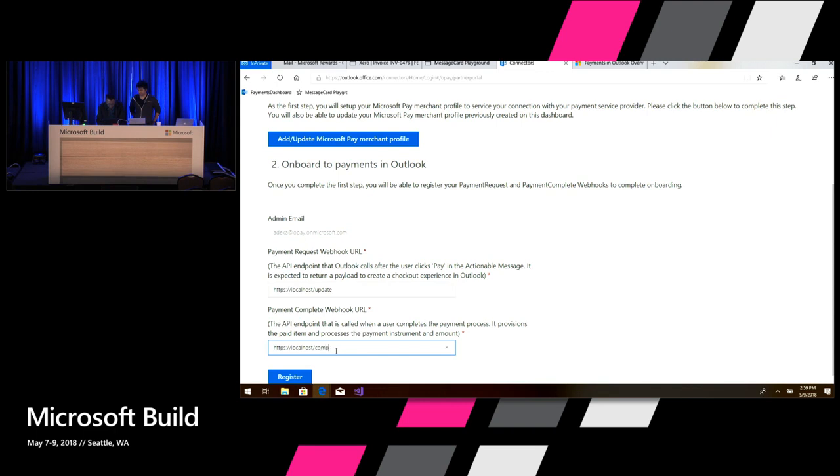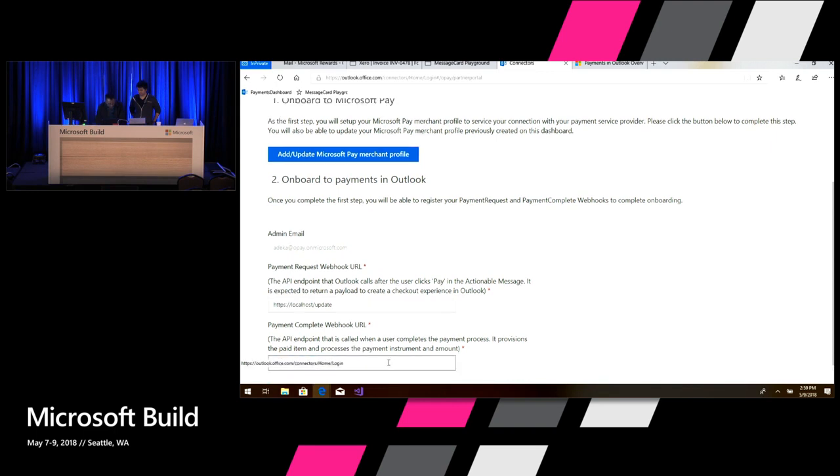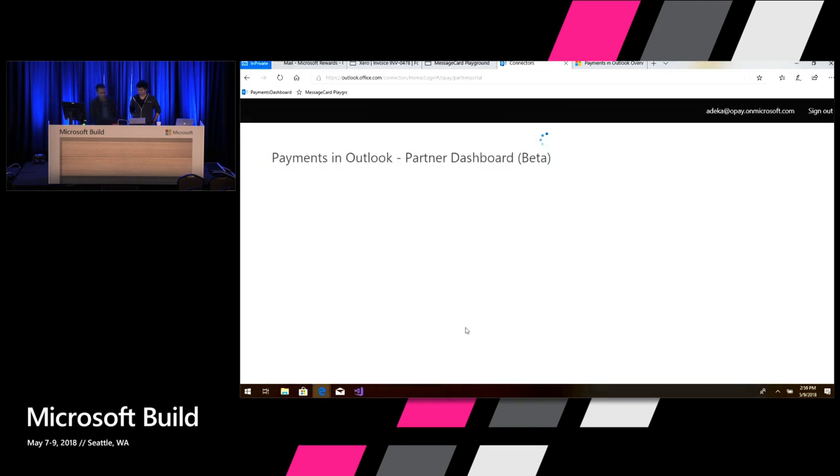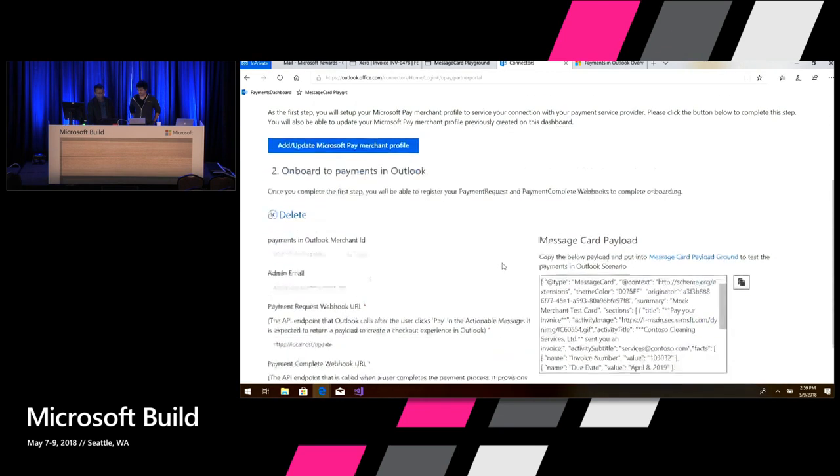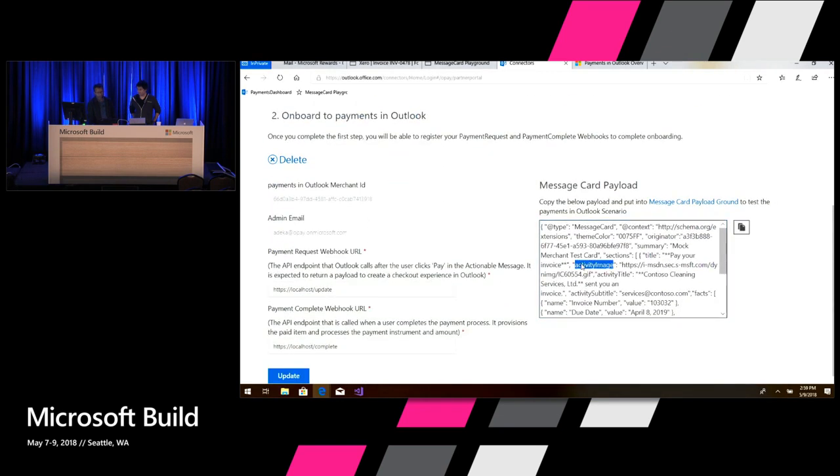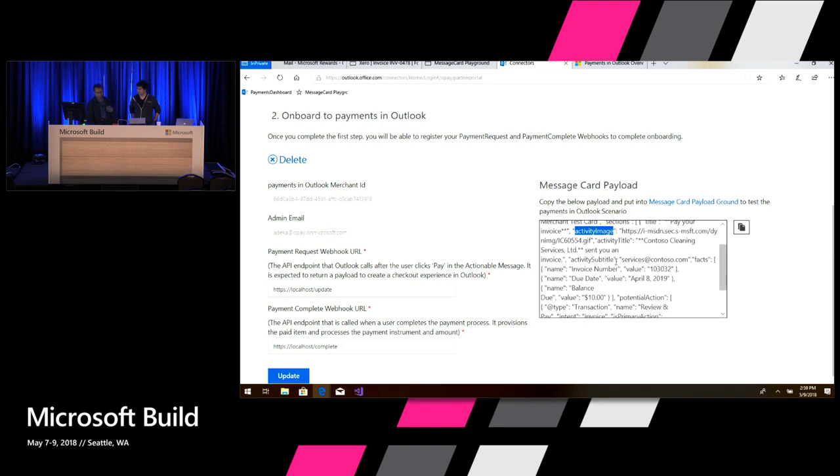It doesn't do anything, but it will let me register. Once registration is complete, I should see a mock payment card generated, and it will have the necessary information to trigger the payment experience in Outlook. Okay.